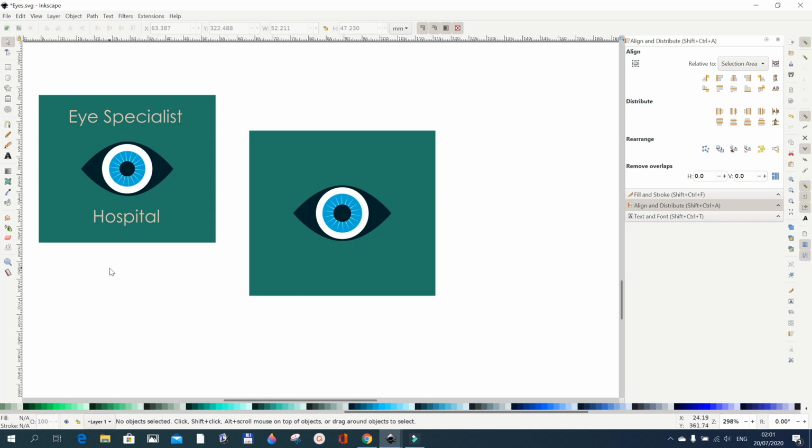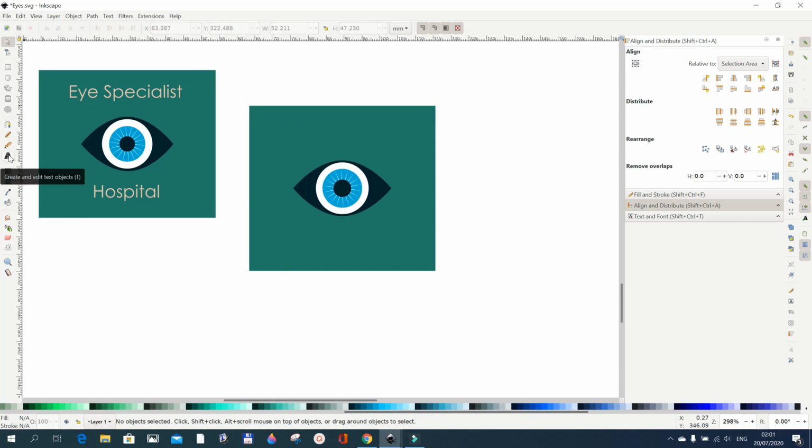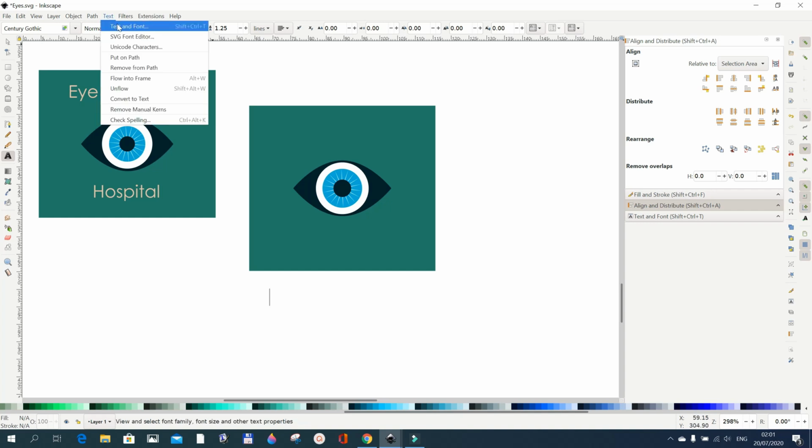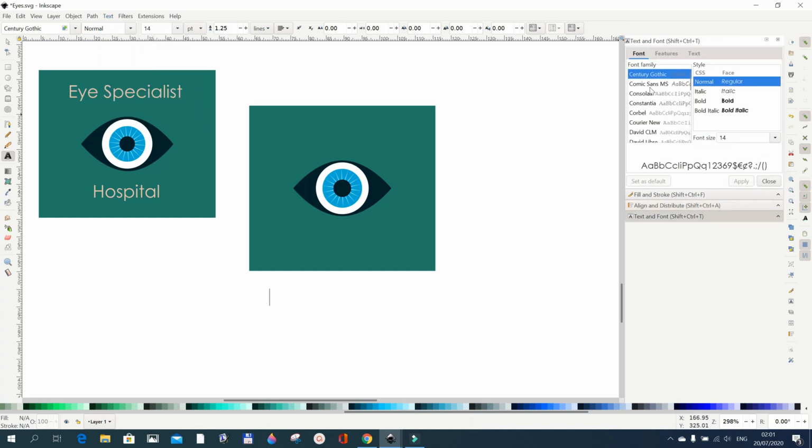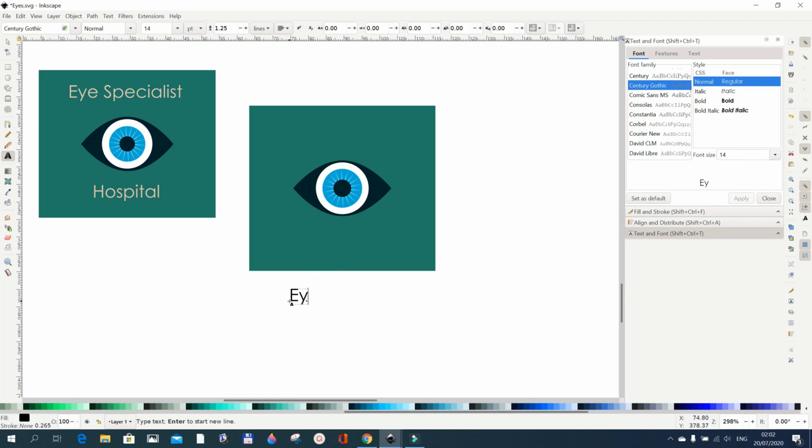Okay, now we want to write Eye Specialist Hospital. So we go for our create and edit text tool, and then we write Eye. The font I'm using is Century Gothic. You can also get this by going to Text and Font, and this comes up, and then you can scroll here and choose that. Okay, and then I'm using the font size 14. Now let's see here, we write Eye